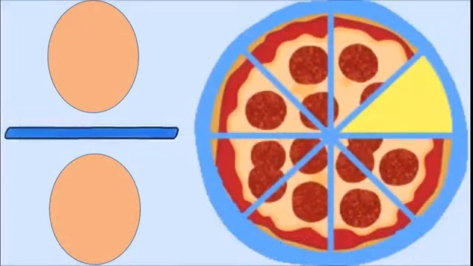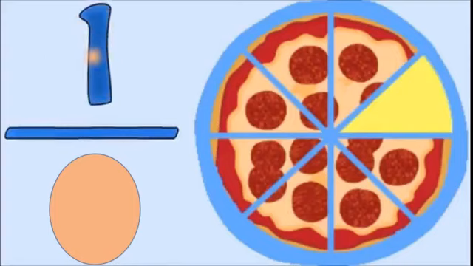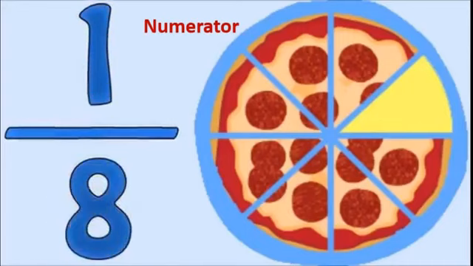Yes, here you can see a pizza is there and one piece is not there, means it is eaten. Correct? Okay, now we will write the same thing in the fractions. Means one part is eaten from the 8 parts. Means total 8 parts are there and one part is eaten. Means 1 is here numerator because that number is above the line and 8 is the denominator because that is written below the line. Okay. So this is the fractional form. We write 1 upon 8.